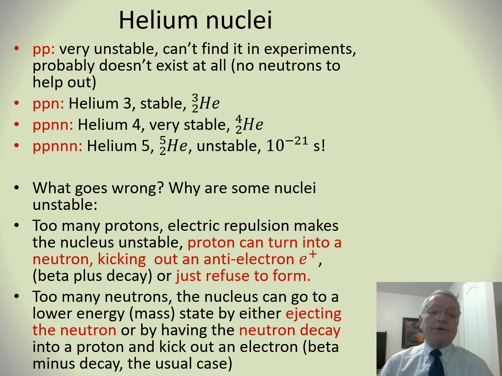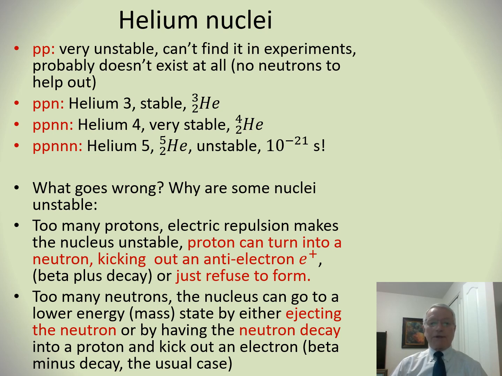If you put 2 neutrons with 2 protons, oh, the nucleus loves that. That's like a nuclear noble gas. That's a very low stable energy state. And most of the helium that we find is of that kind, helium-4. You could put another neutron in there to make helium-5, but it's unstable and only lasts 10 to the minus 21 seconds. So that means there's only a narrow range of neutron numbers that you can put in these atoms,